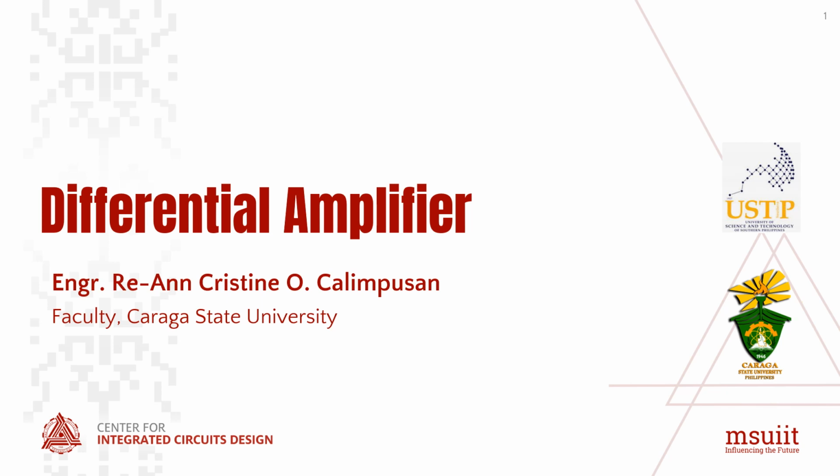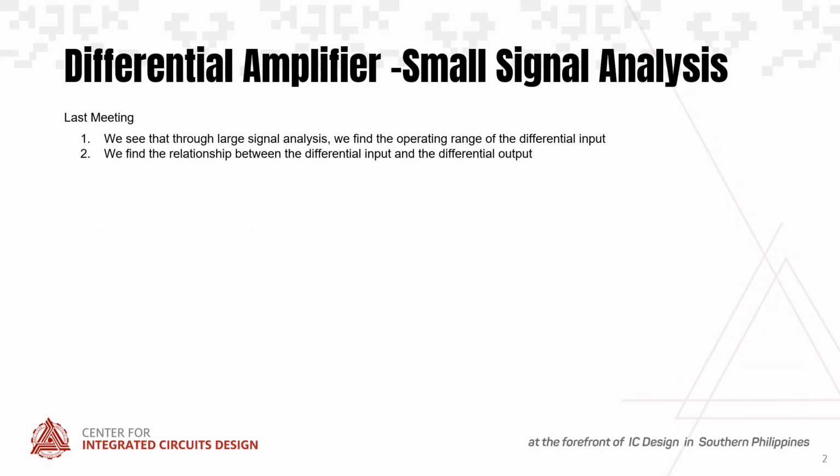Good day, everyone. So today we will continue our discussion about the small signal analysis of the differential amplifier. Last meeting, we saw that through large signal analysis, we can find the operating range of the differential input where we could get the range of an output that could work as a differential amplifier. And we find the relationship between the differential input and the differential output whenever this transistor here is at